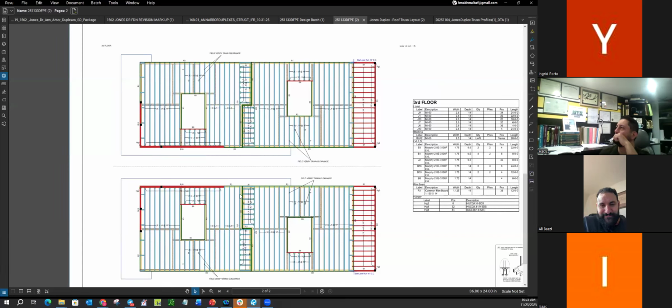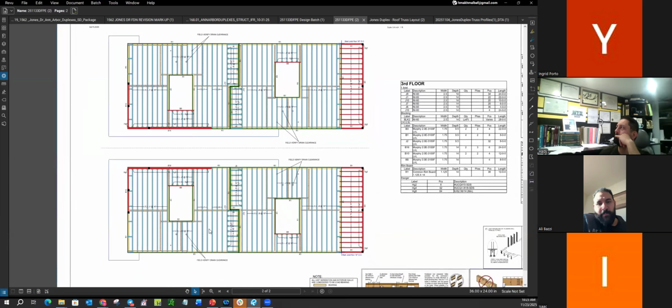We do have one corner, I believe. Let me see if I can annotate here. That was a little piece that has to be designed by the engineering, something right here. It's a piece to connect the beams, something like that. It's just a little piece that has to be designed because the framing company doesn't have capacity to do that on their system. Yeah, we can take a look at that. That's no problem. Okay.